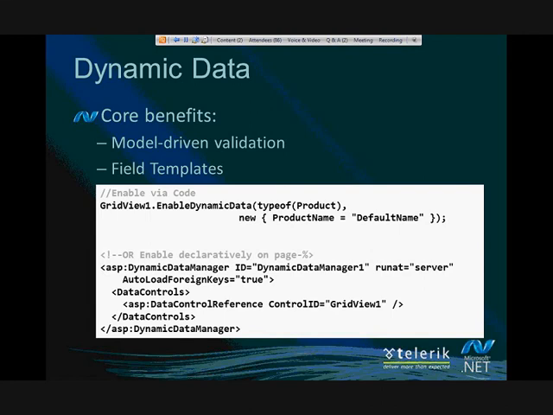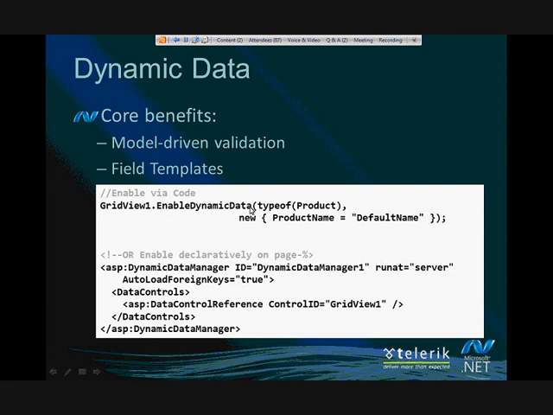Previous to ASP.NET 4.0, dynamic data probably is not something a lot of you worked with because it was kind of an all-or-nothing approach. You either used dynamic data and its dynamic scaffolding, or you didn't use it at all. And there technically was a gray area where you could configure it to work with web forms, but it wasn't particularly easy to do. With ASP.NET 4.0, I encourage every one of you, if you don't do anything else after today's demo, to check out the way that dynamic data has been added to web forms to make it much easier to use. We can now enable certain controls like the GridView to use dynamic data by simply specifying